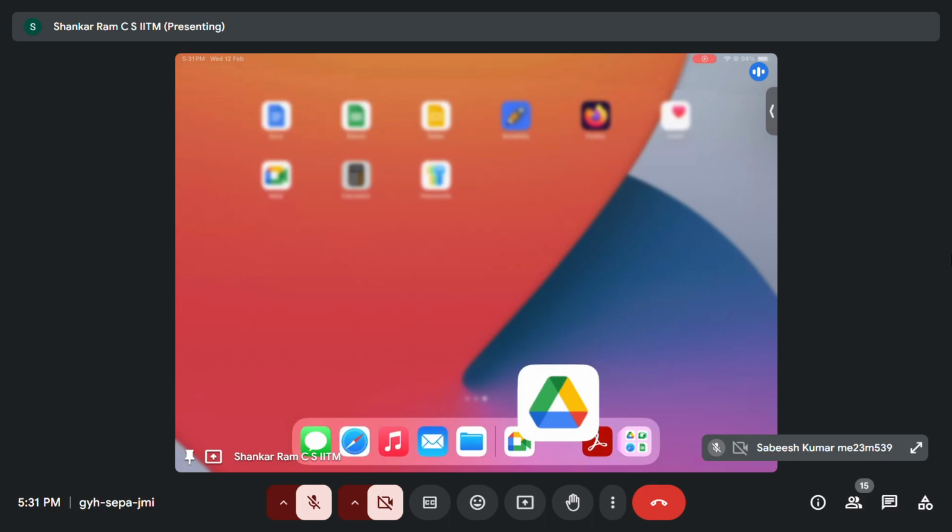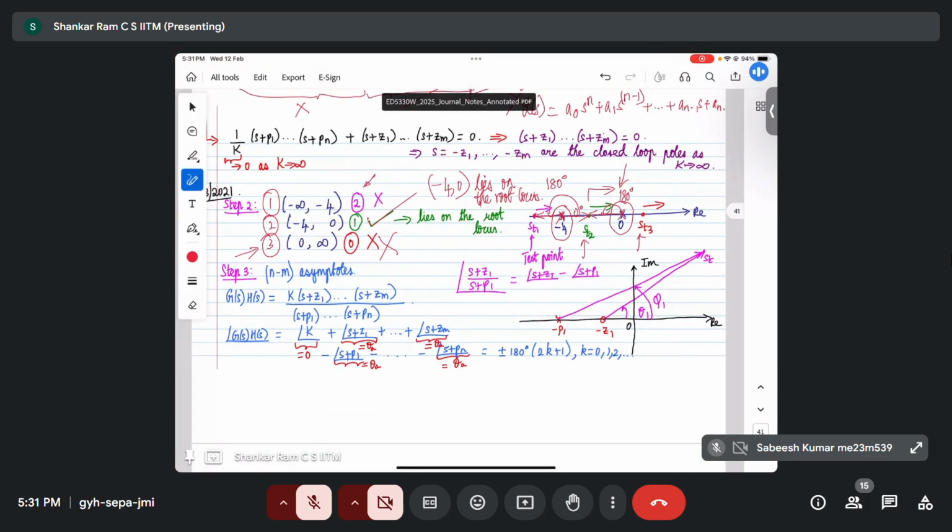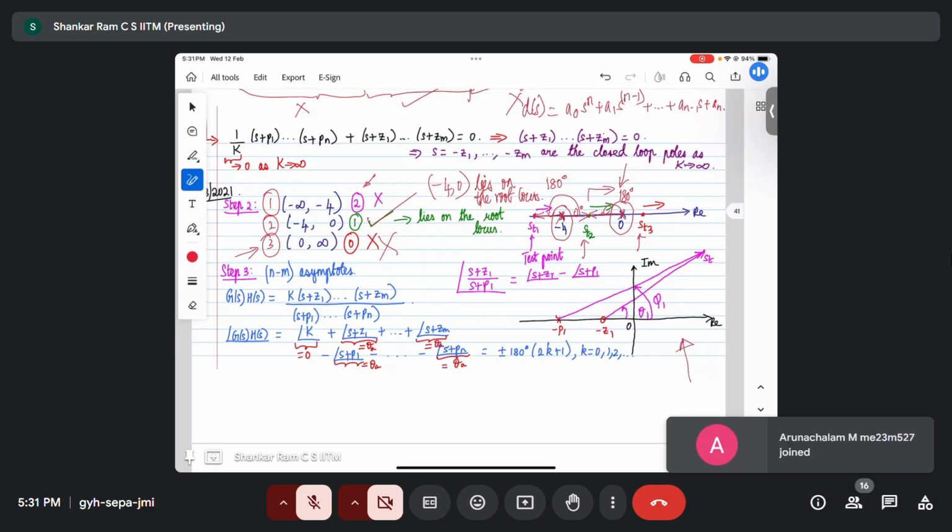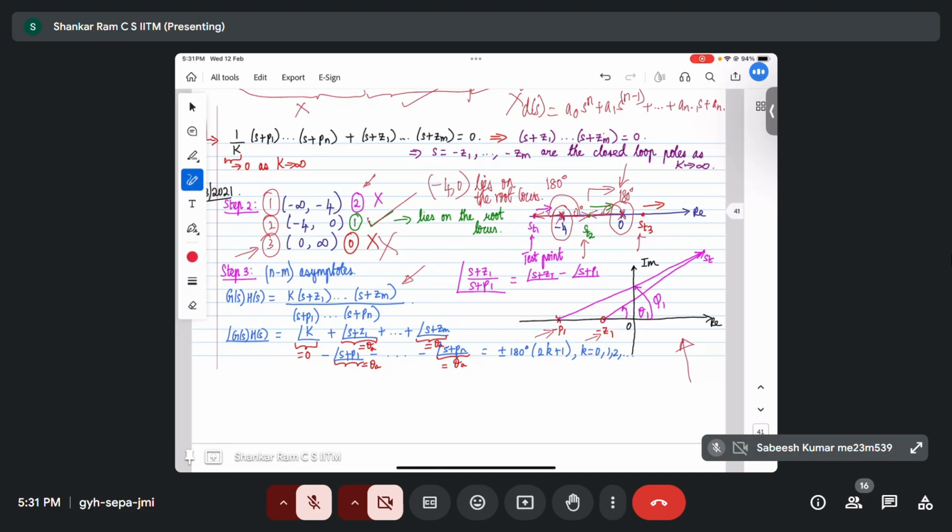Now, why is this the case? Okay, let's go and understand. So let's take this example. I'm considering this schematic where we have an open loop pole at minus p1 and an open loop zero at minus z. Let's consider the general case, where we have the open loop transfer function as k times (s plus z1) all the way till (s plus zm), divided by (s plus p1) all the way till (s plus pn). Now, if we look at this particular open loop transfer function,